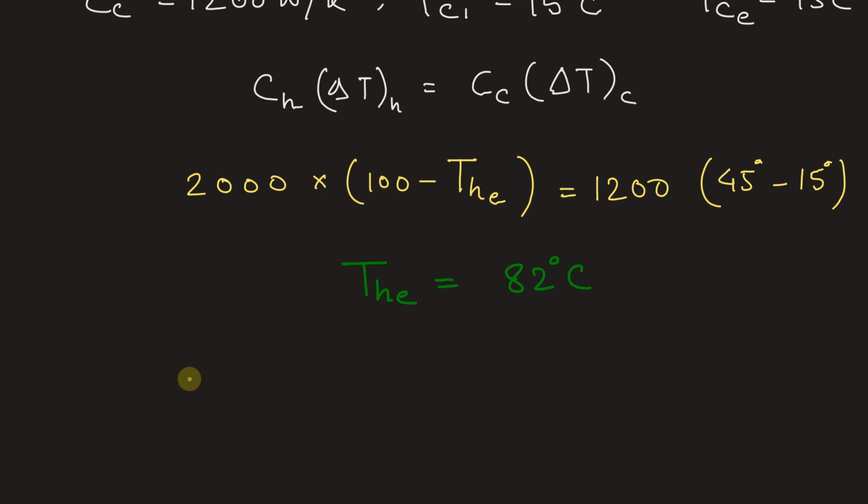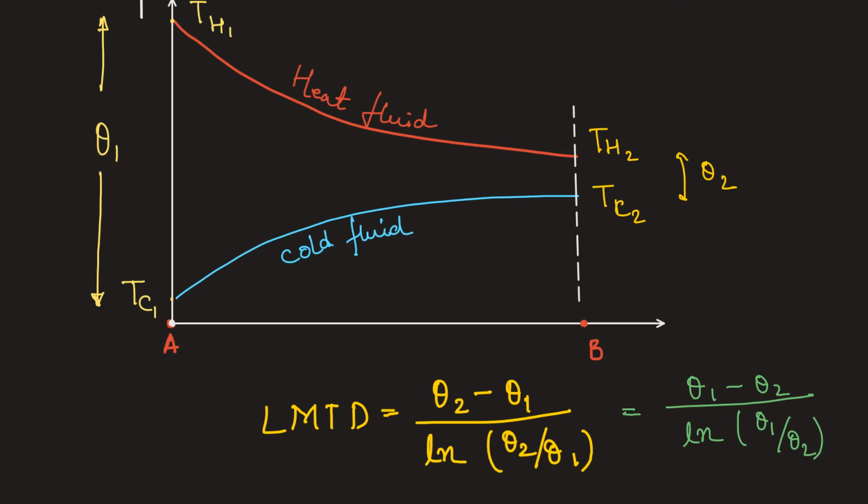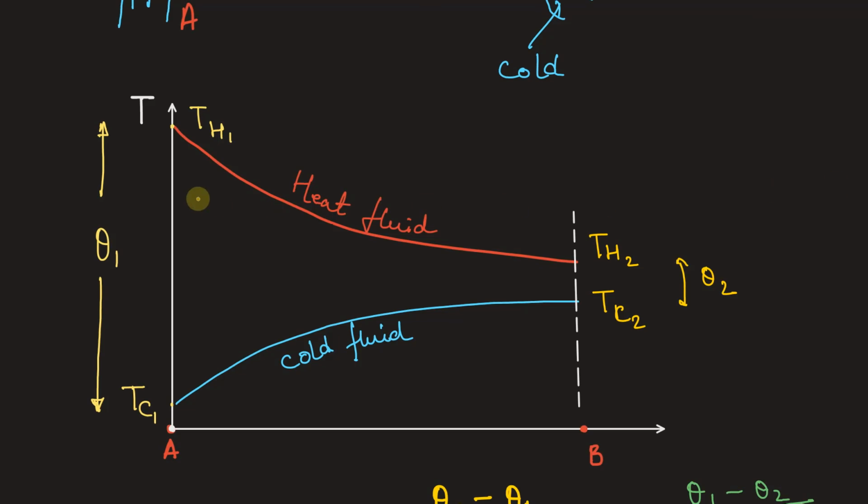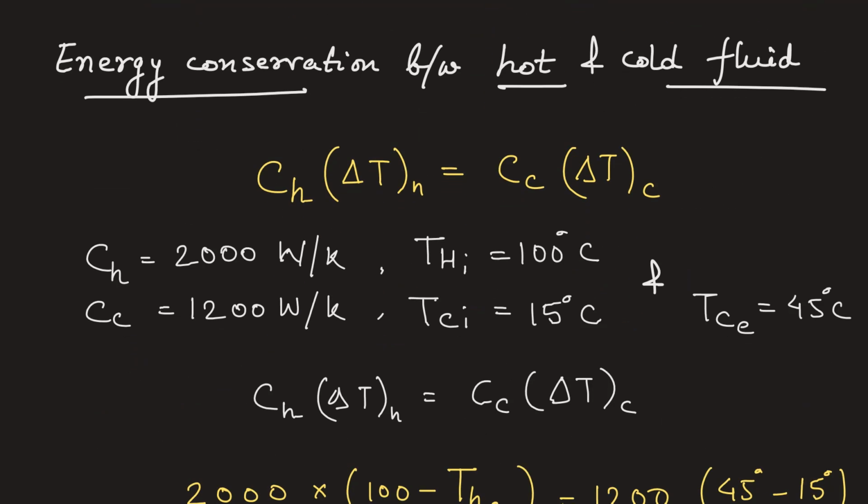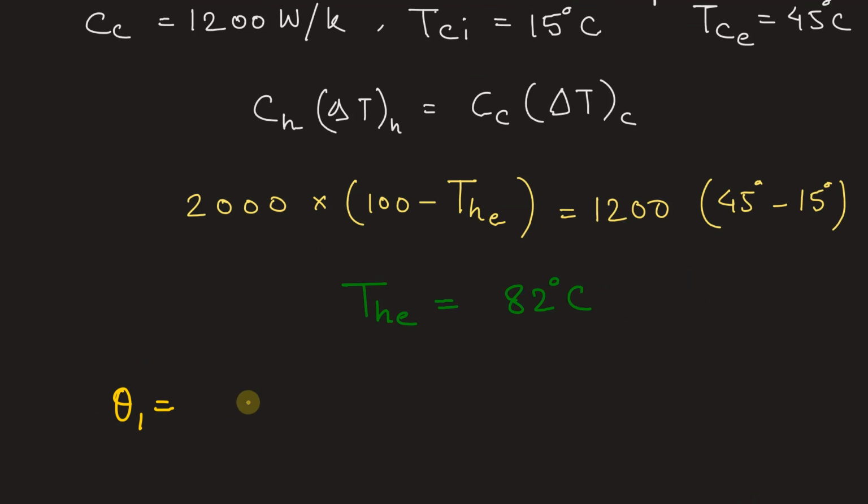Right? Now we need to calculate the LMTD. For LMTD we need the values of theta 1 and theta 2. So theta 1 will be equal to, let's see the graph here. From this graph we can see theta 1 is the difference between the hotter fluid and the cold fluid at the beginning. So let's write it here. Theta 1 is equal to